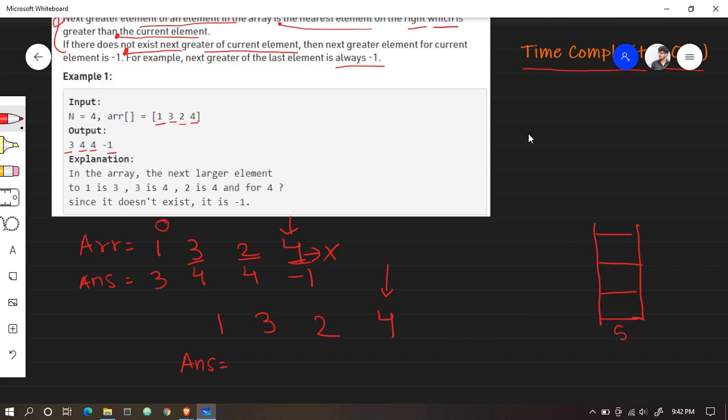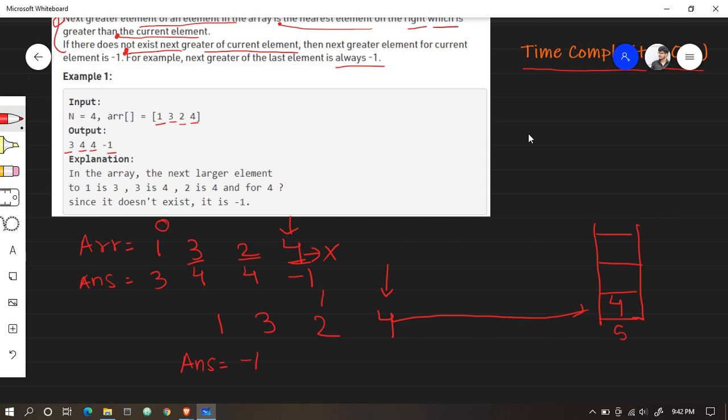So when we reach 4, we found that the stack is empty. So when the stack is empty, we will print -1 because there is nothing on the right side of 4 and there is no greater element than 4. So the first is -1. But after this, we will push this element in the stack. So the element is pushed and now the stack contains 4.